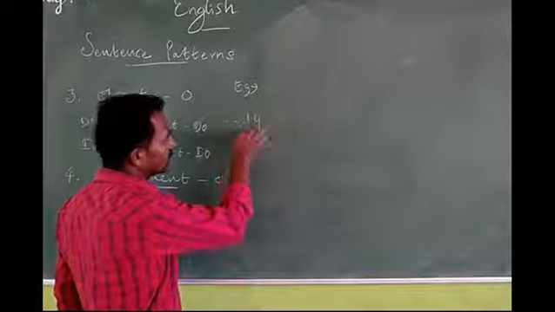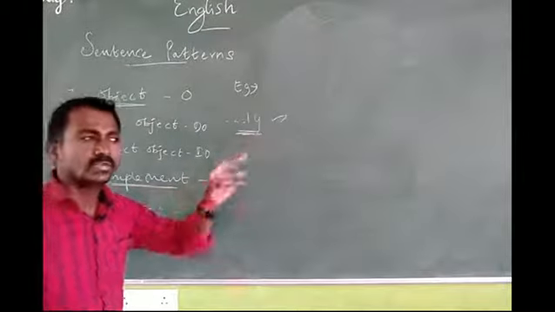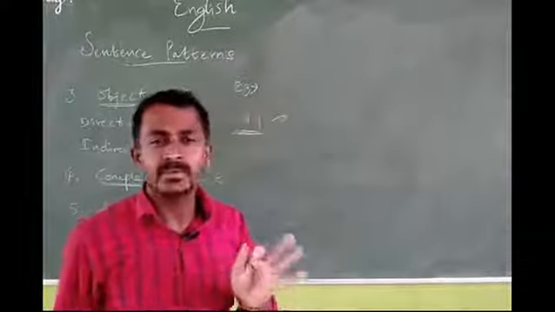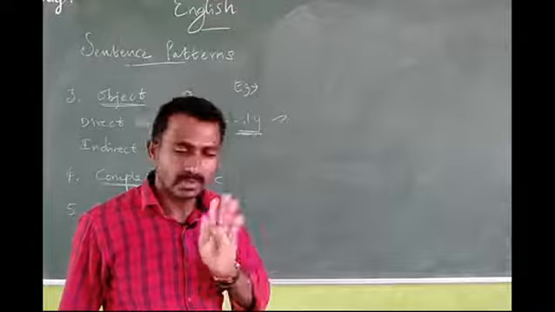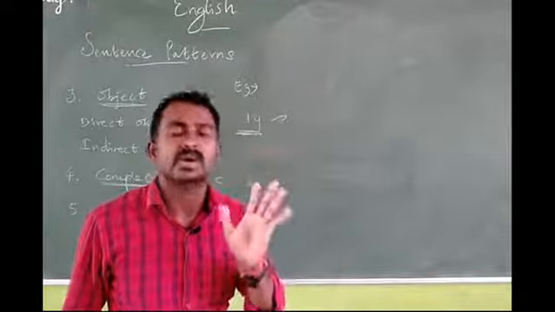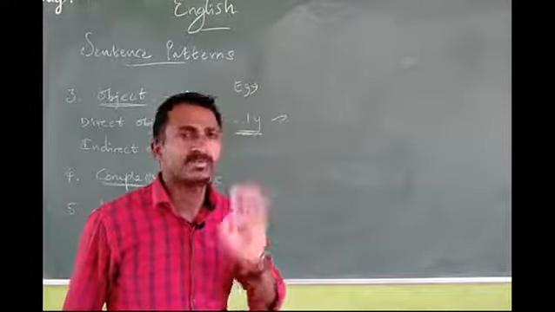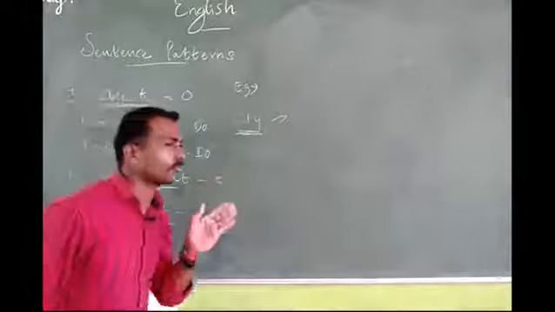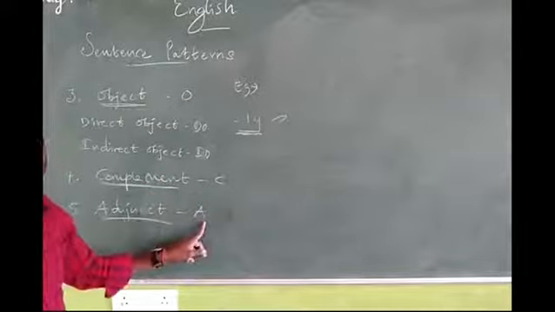What is the first thing? Please note down: the word ends with ly. Slowly, generally, quickly. Fast is a word that doesn't take ly. Fast only, not fastly. Fastly is wrong. For example, he runs fast, not fastly. Then generally, quickly, words that end with ly, we can easily identify as agent.